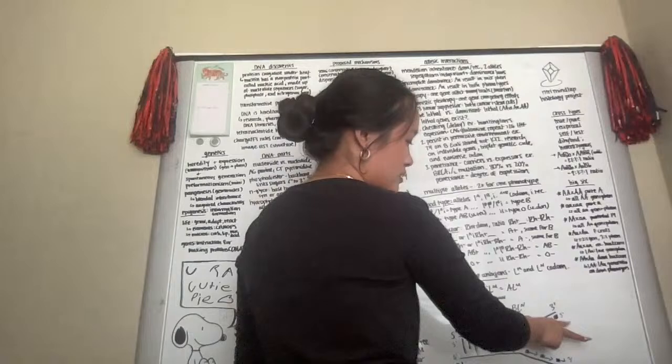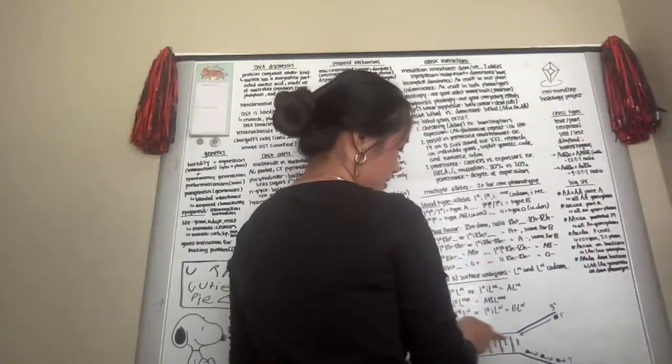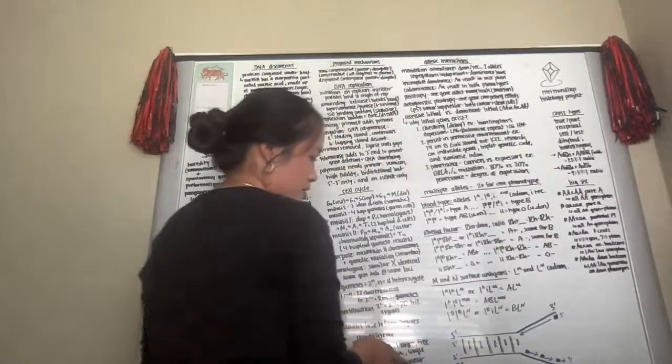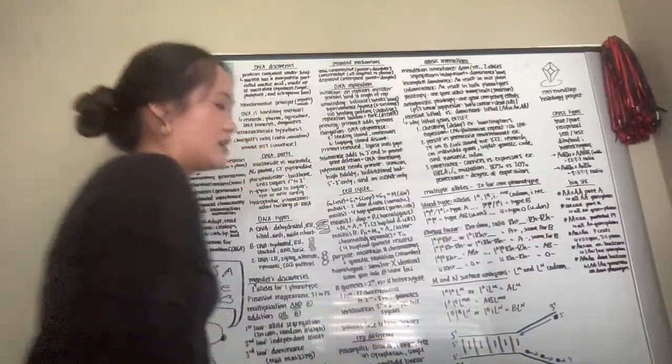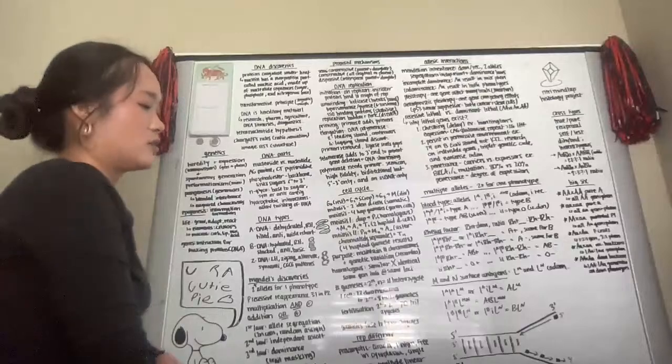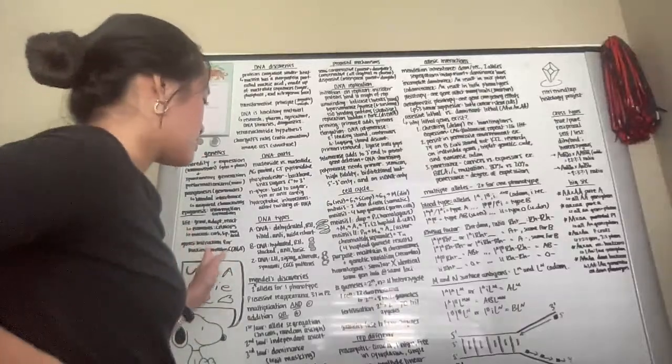The leading strand starts from the 5' and goes to the 3' end. The 3' end will be on the double strand DNA, and then the lagging strand, the 5' end, will be on the double strand DNA, and then the 3' end will be on the single strand DNA, if that makes sense. Okay, so we're going to talk about the cell cycle now.